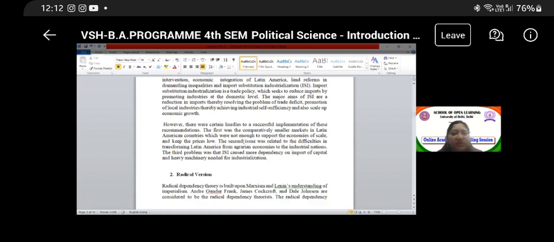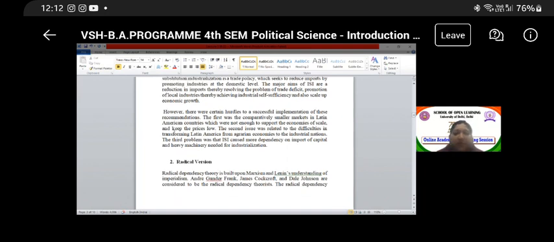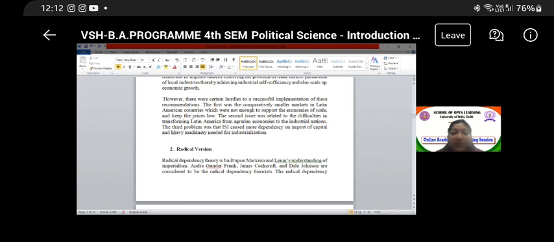So promotion of local industries is definitely talked about and supported, so as to scale up economic growth. In the 50s and 60s, Indians, and especially Nehru, also gave out certain similar ideas for India, on how to end this. Not literally, he did not use the word dependency, but he wanted our economy to move in a certain direction where we can reap the benefits of the global capitalist structure.